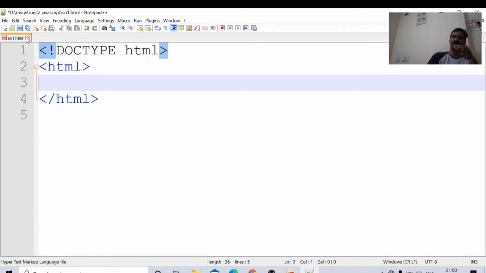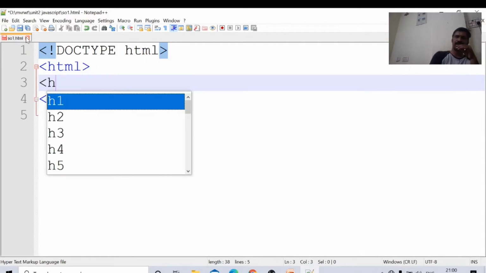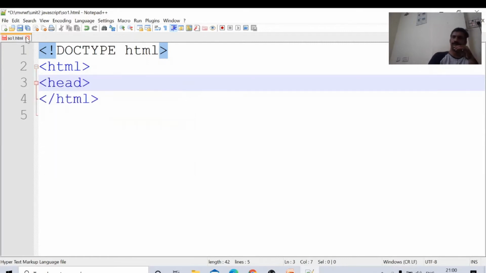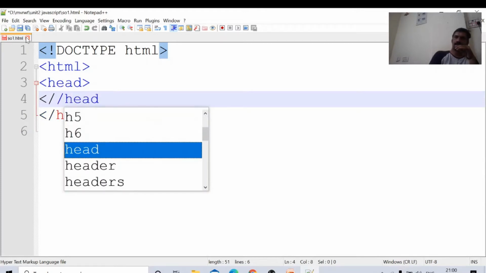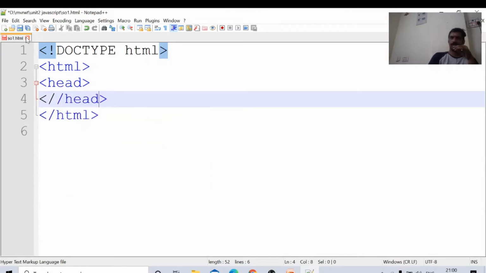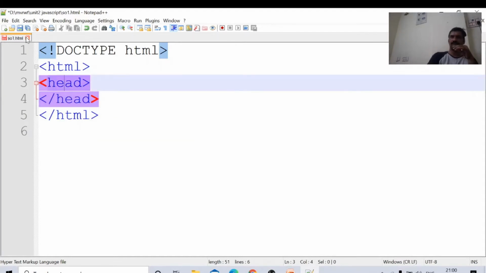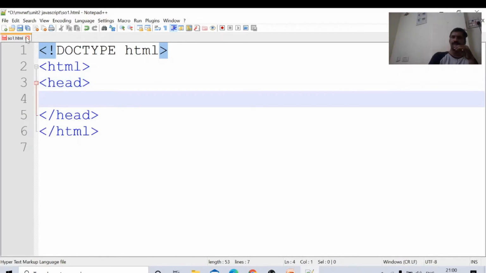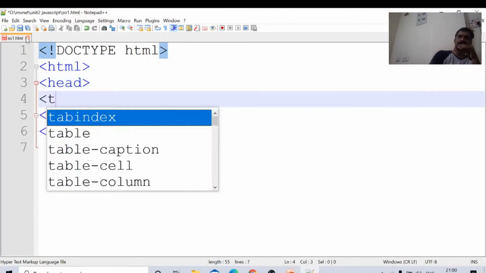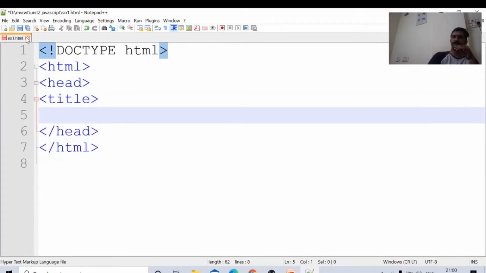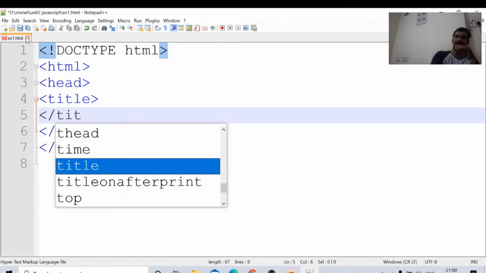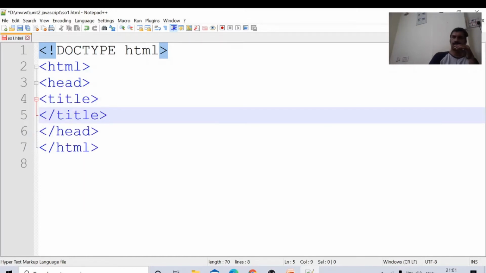The head section is optional. If you want, keep it, no problem. Head, /head. What are the contents? We can link with other files such as CSS files, or we may write title, /title.